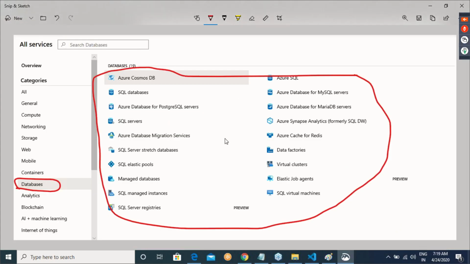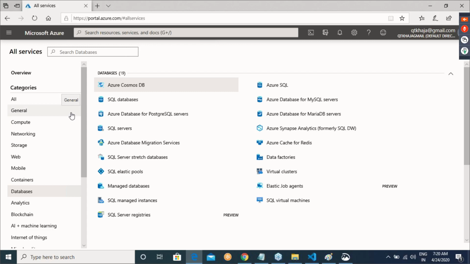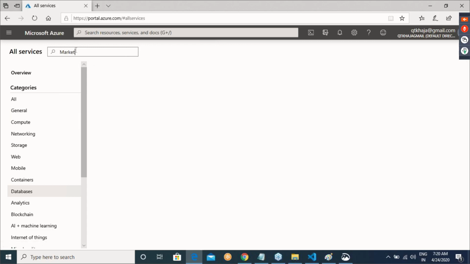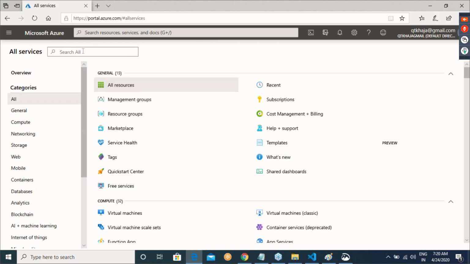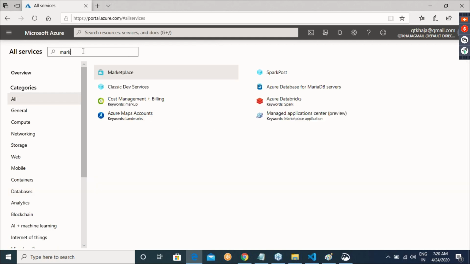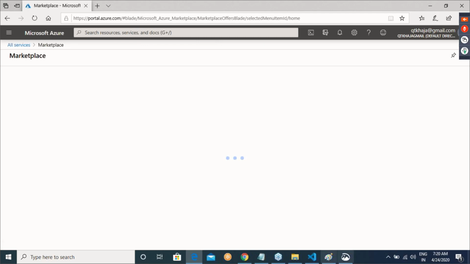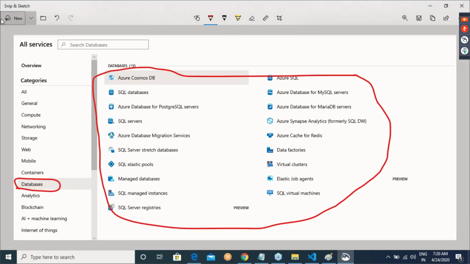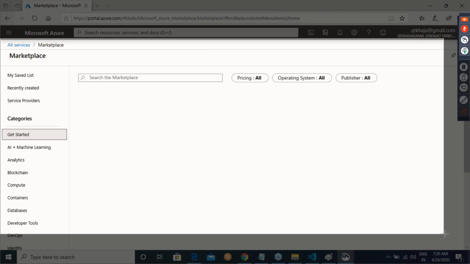Okay, right. Now, one more thing. There is one more interesting thing over here. Let me go to all services and search for something called marketplace. This is for non-native areas.